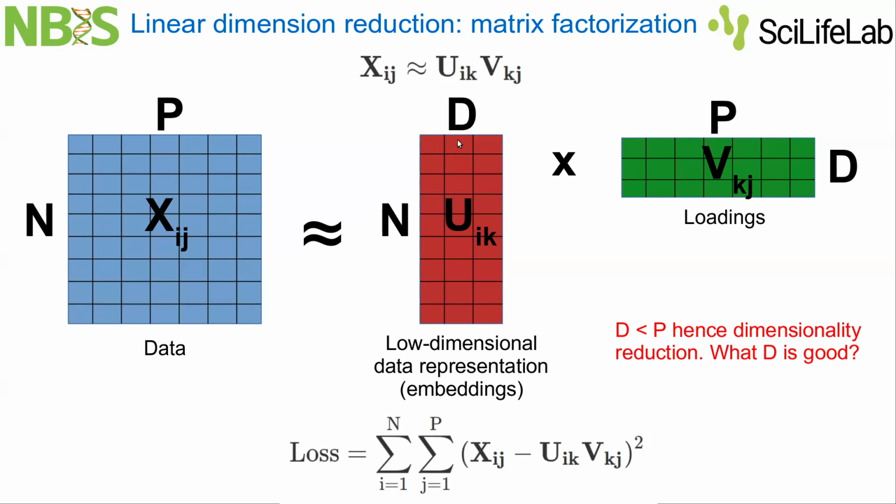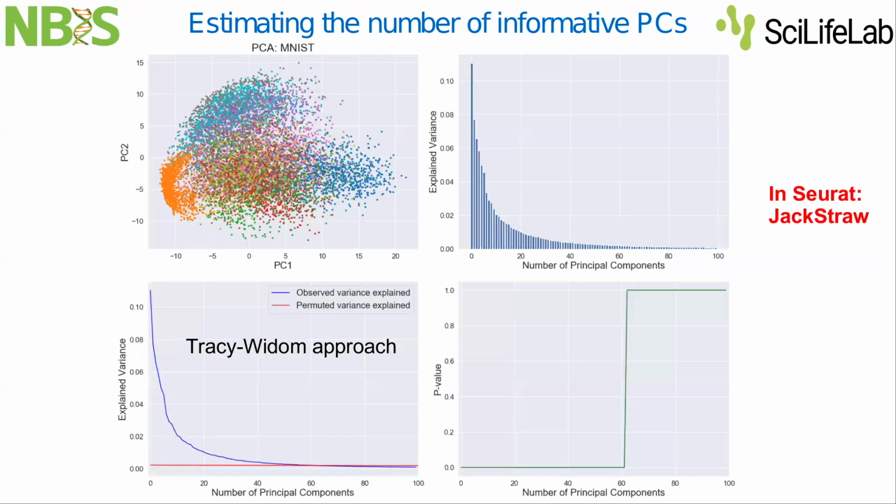Those are latent variables. Those are new pseudo genes, pseudo representations of your original variables. I would recommend you to use the Tracy-Widom approach to estimate a good number of principal components to keep for your downstream analysis. And the way it works is that, for example, once you computed PCA,